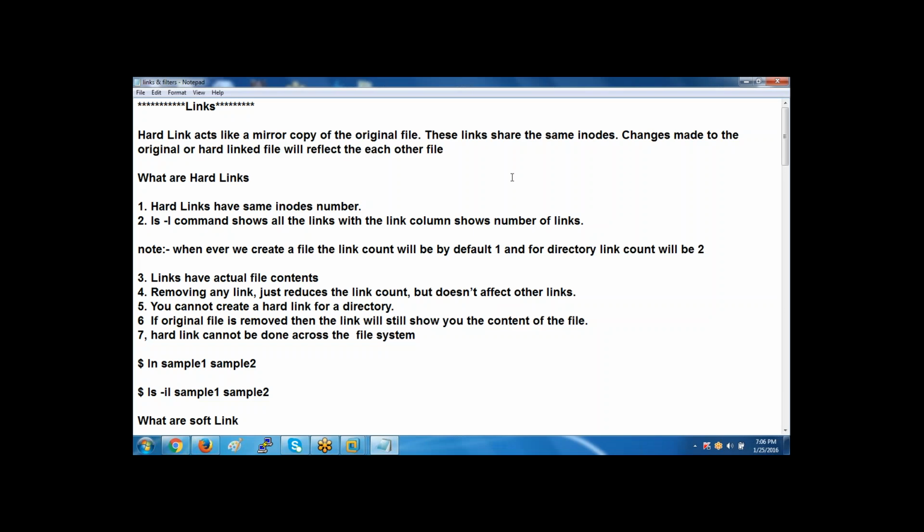So one is hard link, another one is soft link. How this hard link and soft link is going to work, we have to see here. We will be looking into this hard link and soft link, how it is going to work. Clear? So basically, when I'm talking about hard link,